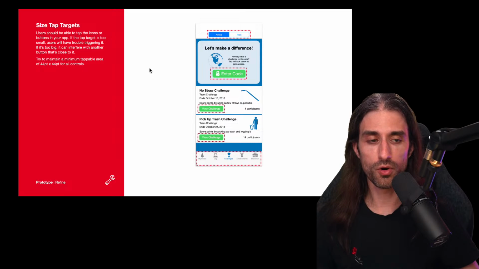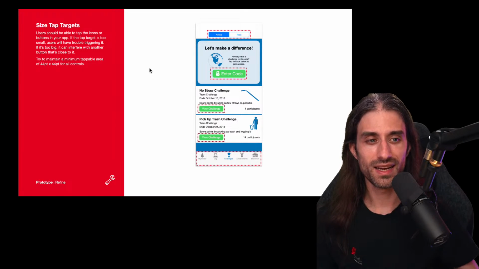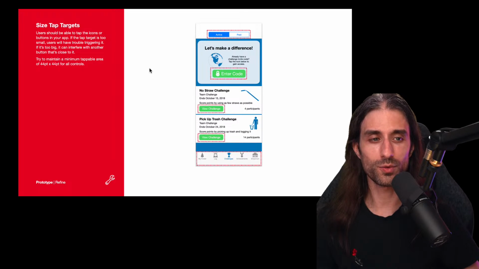If you make a button too small and you cannot close it, it becomes very frustrating. I think we all have an example that we can relate to, whenever there is an ad in an app and we want to close it, and the button to close the ad is so small that we fail to trigger it, and maybe we click on the ad instead and open a link. It's super frustrating, so you don't want to do this inside your app.